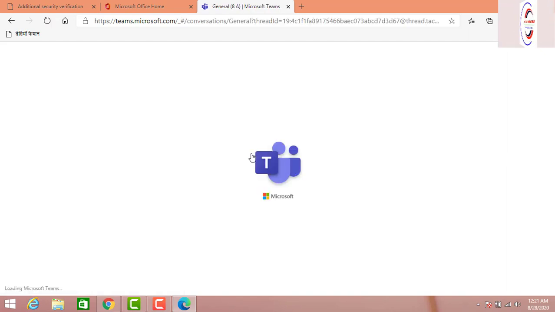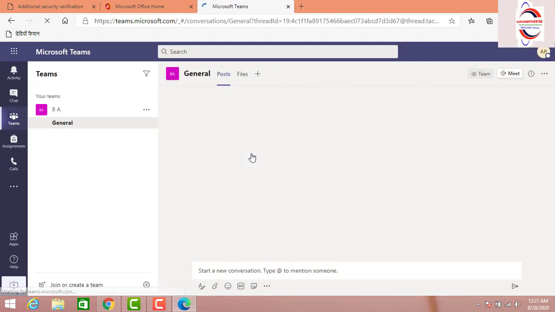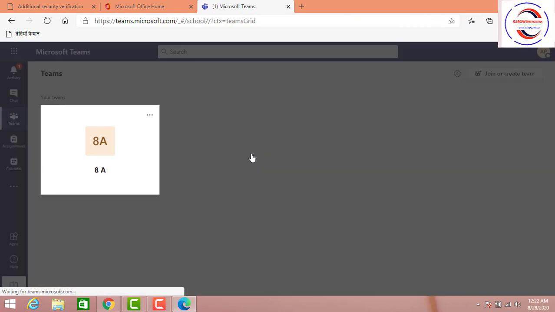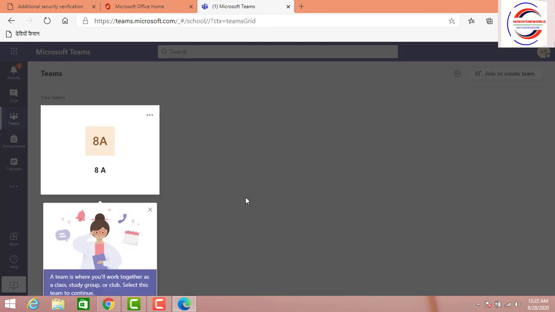When you are going to open Teams, it will take time the first time, but in a web page as well as in a software you can access your team. So this is the entire interface of your team. It will take time for initialization for the first time only, but in a proper application on your Android phone there will be no problem. So right now I am able to get this interface ready for me, and with the help of that I can join or create a team.